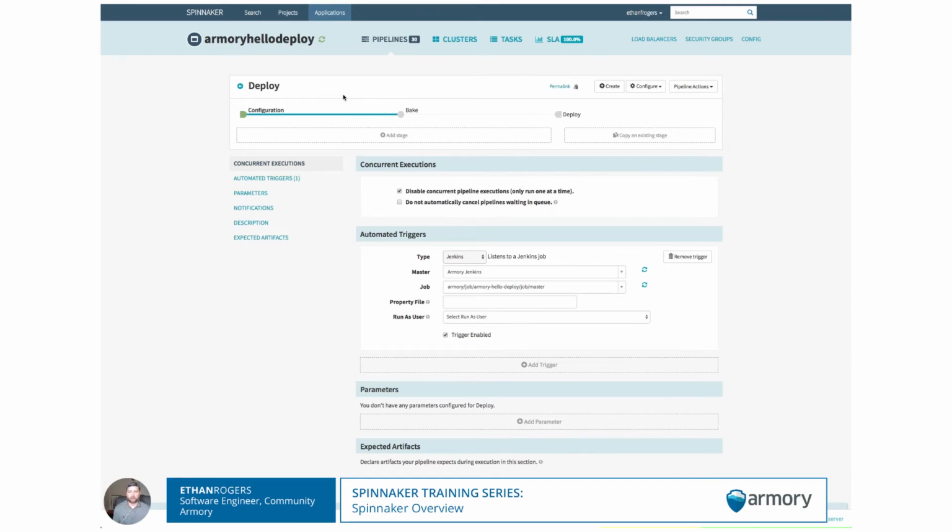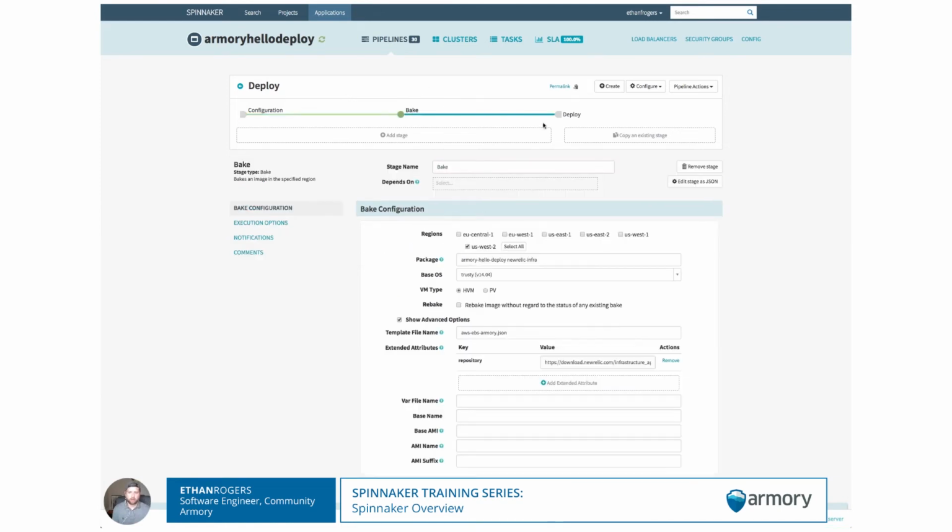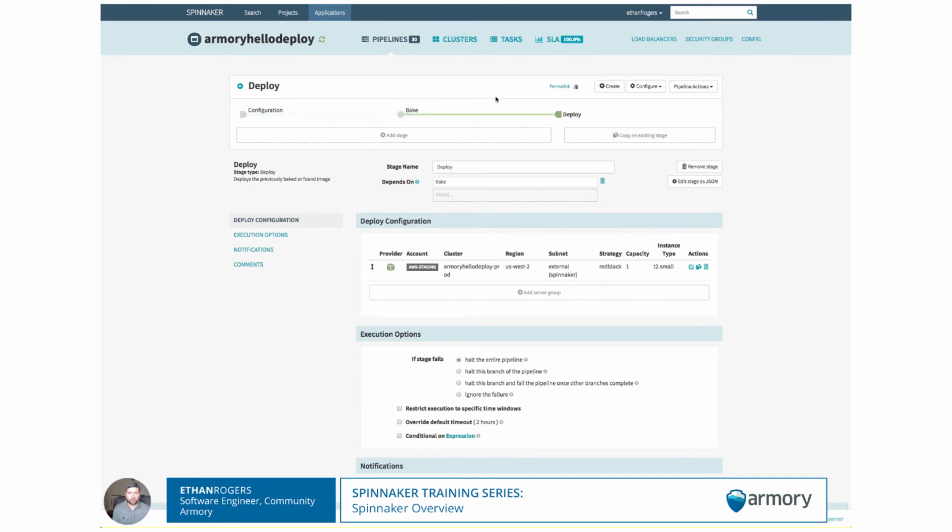And then you can have Spinnaker pick up when Jenkins builds that artifact, bake it into an AMI, and then deploy that AMI into AWS. Now, all of these stages have been battle tested and really built out so that your application stays available. And some of the biggest companies today are already using Spinnaker to do this.